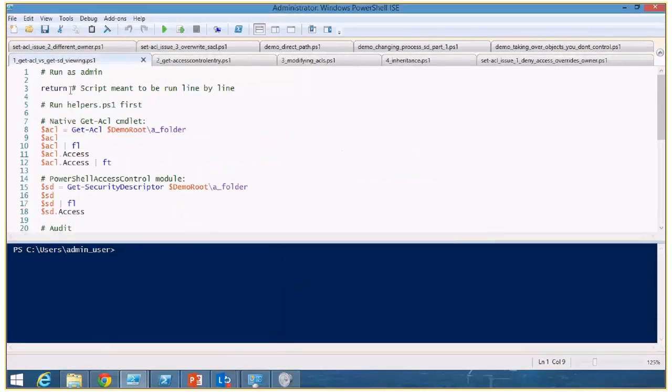All right, so some demos. First, I wanted to cover, are there any questions before we get started with the demos? All right, I'm going to go ahead and